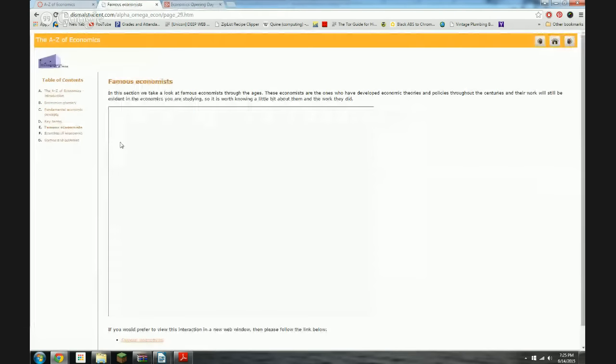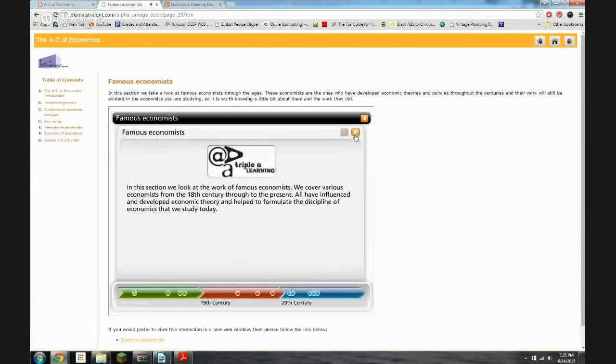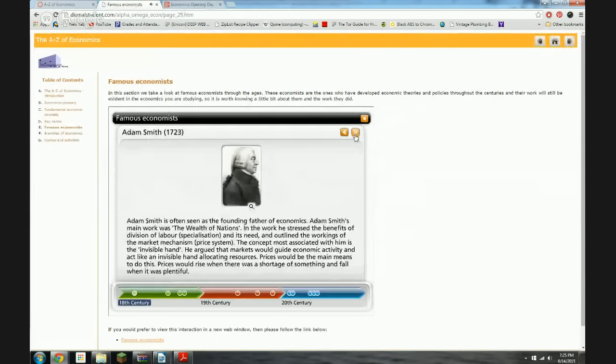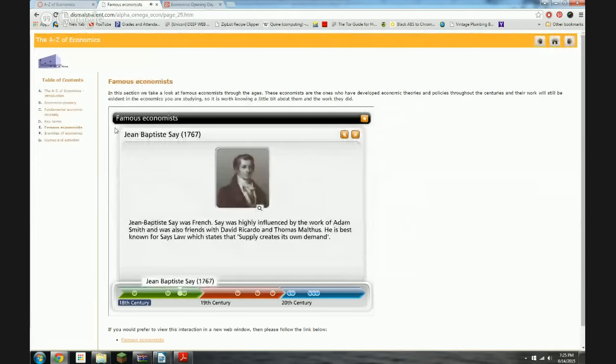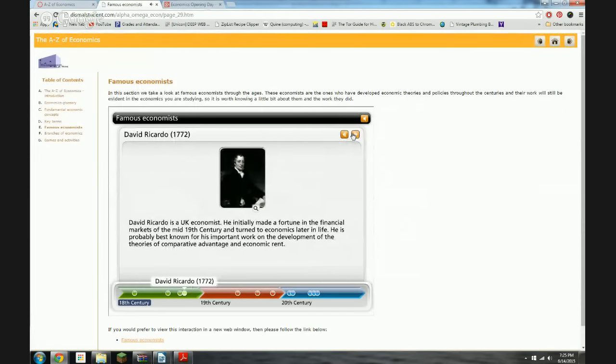I've got a section on famous economists just for the fun of it, because I like to refer to different economists, and it's helpful if you know who they are. As of right now, I haven't decided. Maybe I'll throw in 1 or 2 questions on the first test about it, but I hate to throw in questions that you can just Google the answer to.